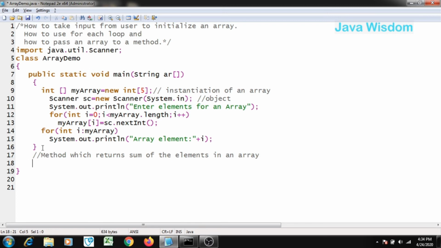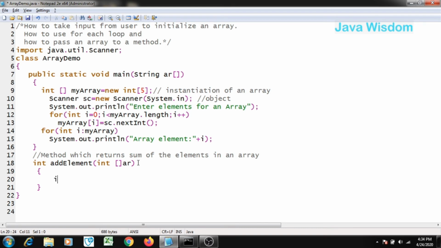So here, let's say I am declaring one method with return type integer. I am calling it the add element function. Now it will require an array. So instead of passing values one by one, you can pass that particular array. Which type of array are you going to pass? Let's say I am giving AR. So it indicates that this method takes a parameter in the form of an array, and that array should be an integer array. Then you can start with the definition of the method.